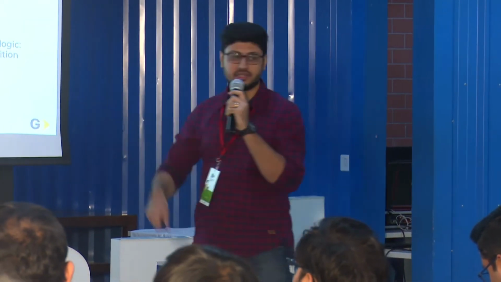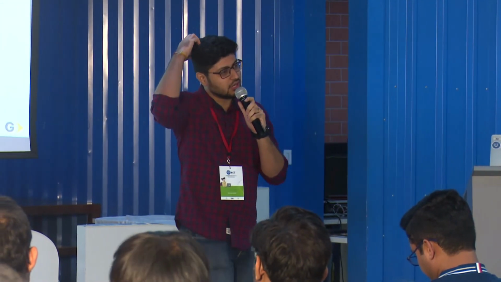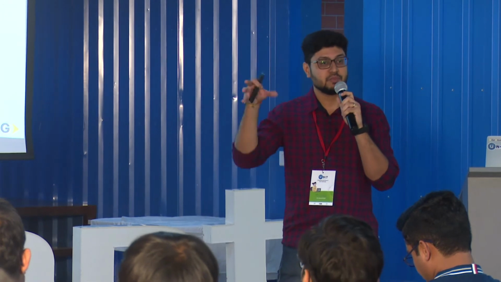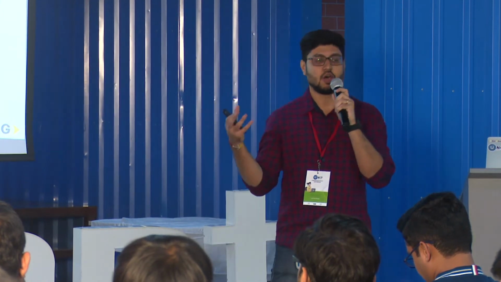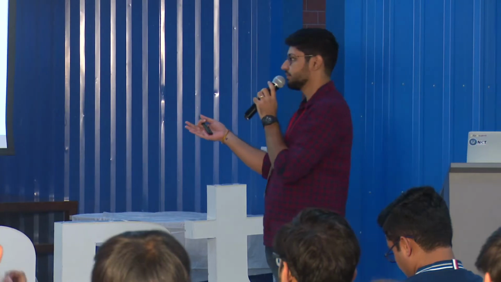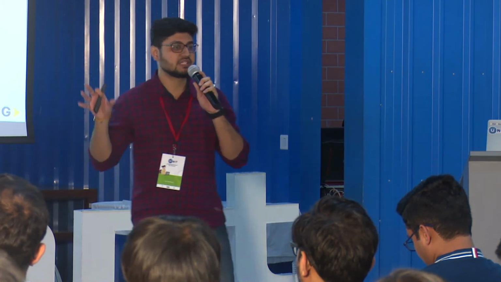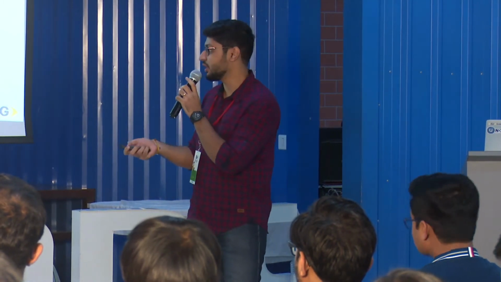Okay, and then we have methods and overridden methods. So overridden functions are basically the parts that Kotlin imbues upon your class, which will allow you to initialize, render, paint the DOM. So those are the functions which are called the overridden functions. And then you have methods, right? So methods are something which you build on your own. Methods basically contain business logic, right? So all your business logic will be part of the component's methods. Now, since you've understood how this goes, let's take a look at each one of the search bars and all the functionality that we built without further ado.